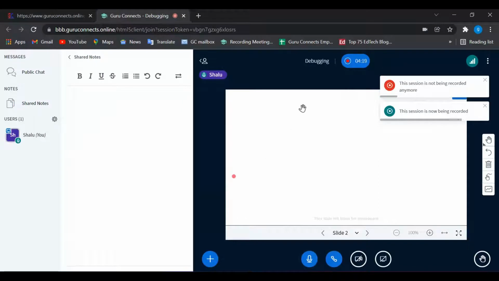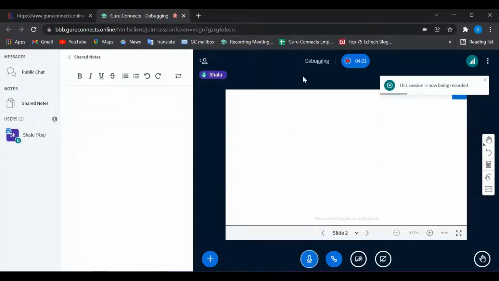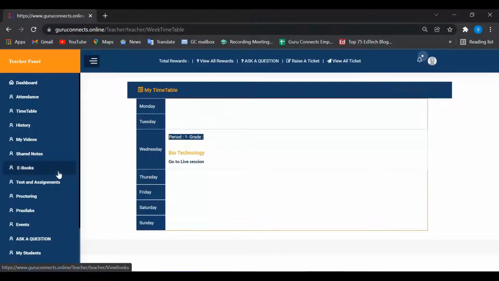There are many advantages with this. Two of the major advantages are there is no cap on the number of users joining in the session. There can be 100 plus users joining in the session, and also on the timing, this session does not get over in 1 hour or 2 hours. There is no time cap over here. Even if you have a session or an event which goes on for a full day, that is up to 12 to 24 hours, you will still be able to take that session without getting disconnected from the call. So this is pretty much how the live classes function.